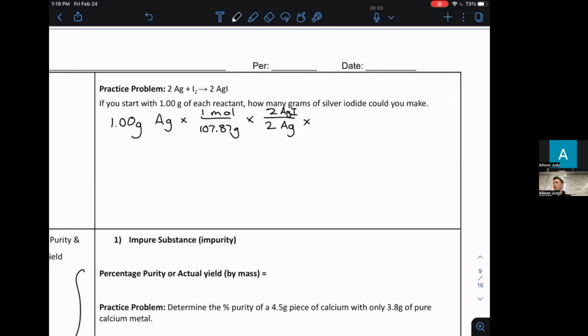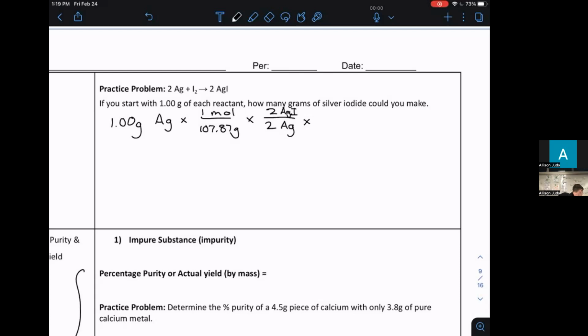You can either choose to do this step at the end, or you can choose to just leave it in moles because you can just compare between moles which one is going to be made, but it's asking us to find how many grams of silver iodide we can make. So I'm just going to do the final step and go all the way to grams. So in order to do that, we need the molar mass of silver iodide, which is going to be 126.9